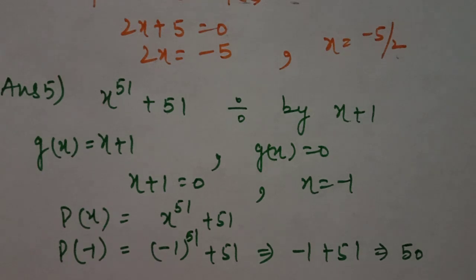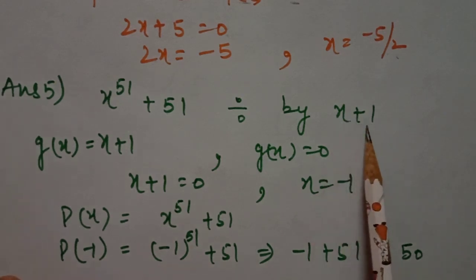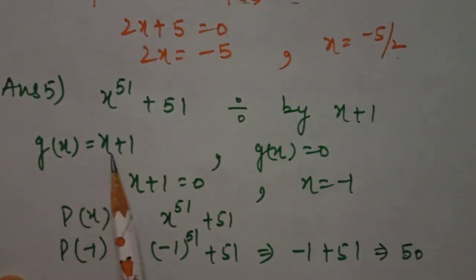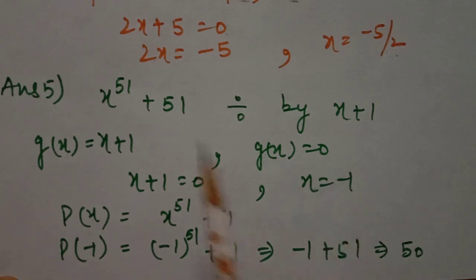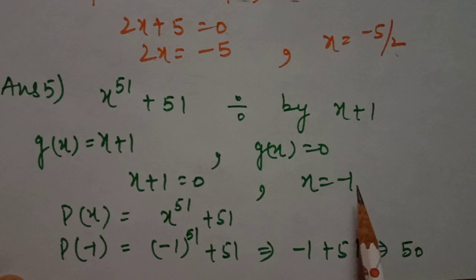If we go with the long division method, then it is a very long question, but in our question no method is mentioned. So it's our choice to choose any method. So we will go with the factor theorem. In the factor theorem, first of all we take the second polynomial which is equal to g(x), and then we put g(x) equal to 0 and find the value of x, which is equal to minus 1. Now we will find the value of this polynomial p(x) at minus 1. You know it very well how we find the value.